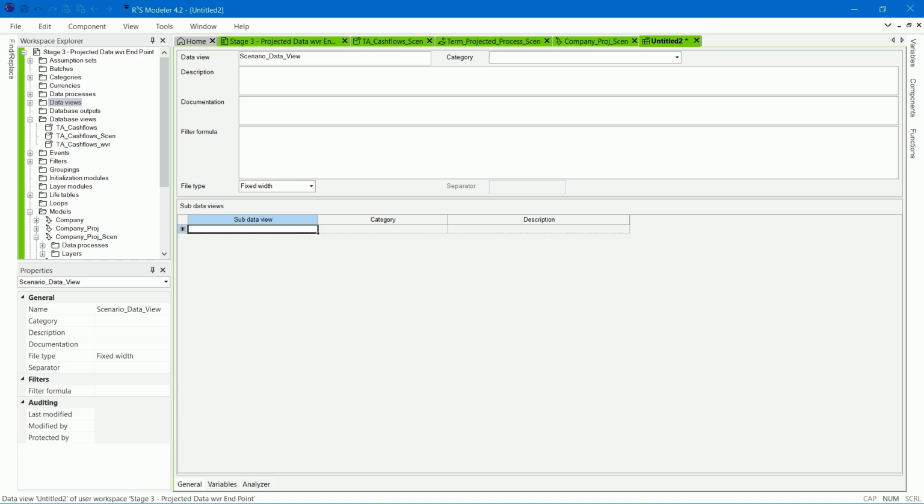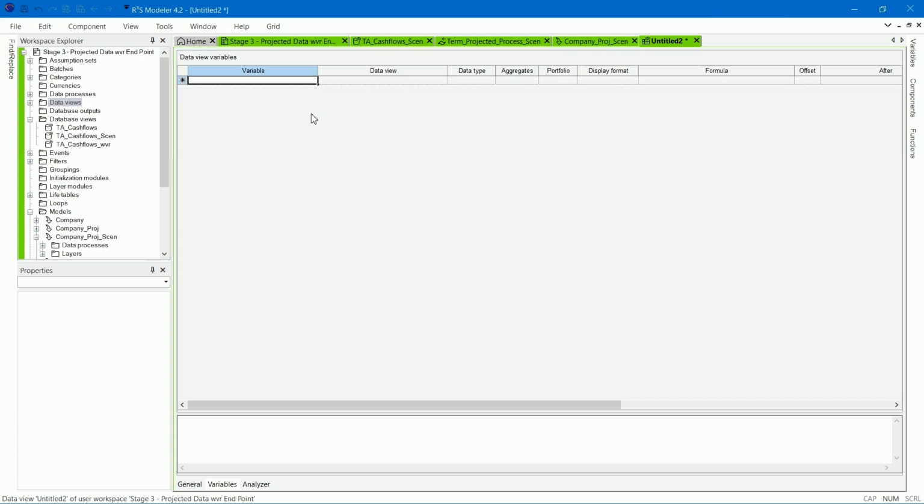This data view will generate the values for the variable scenario number, so that the values in the stochastic process can match up with the same variable coming from the projected data layer. In this case, we are not using an input data file. Instead, we'll use the range function to generate those records. Go to the Variables tab.